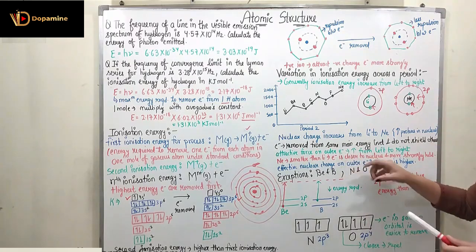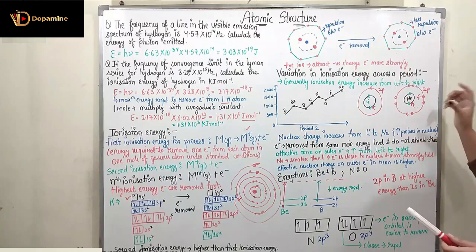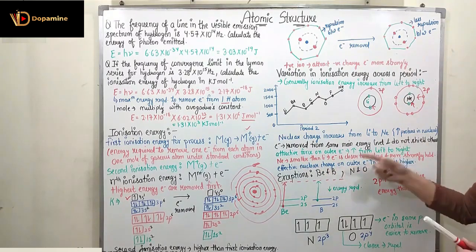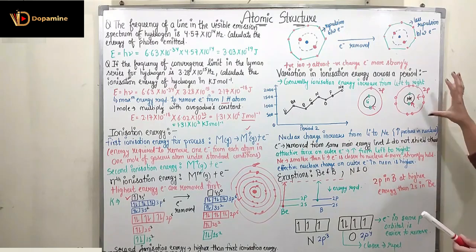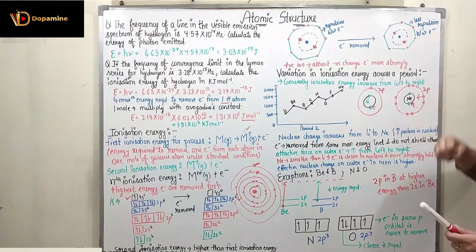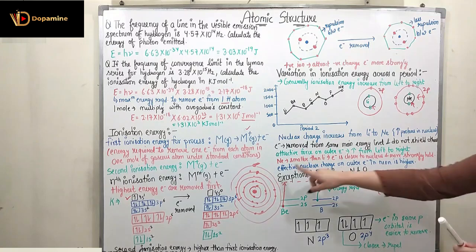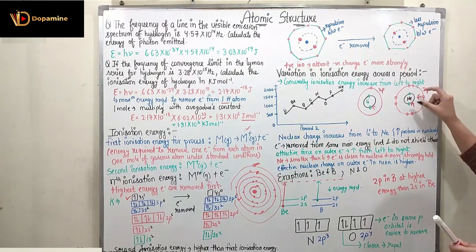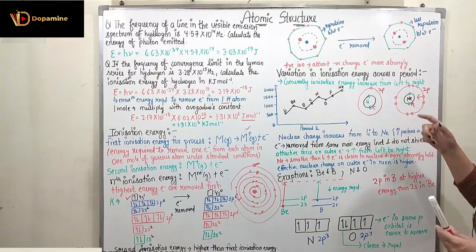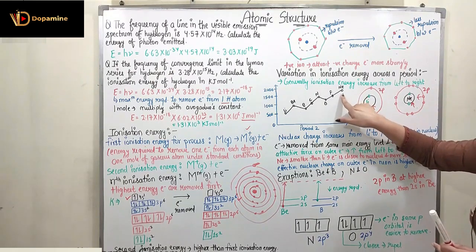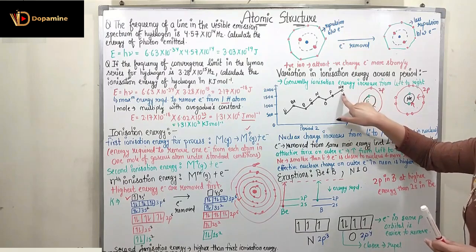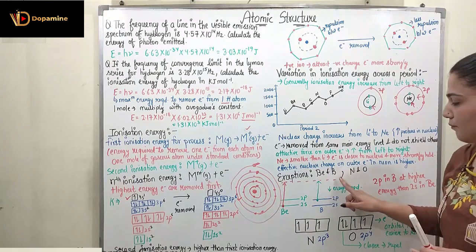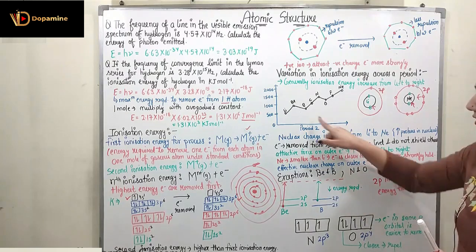Attractive force on the outer electron is going to increase because of more number of protons if I move from left to right, and neon is smaller than lithium, so the electron is closer to the nucleus and it is more strongly held. We require more energy to push it out. The effective nuclear charge on the outer electron in neon is higher, right? And in this manner I can understand how we have the higher energy for ionization of neon than the lithium. These are two exceptions, beryllium and boron, and nitrogen and oxygen.